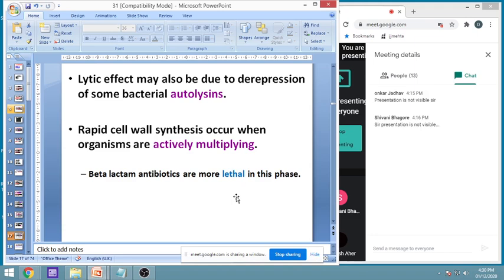Now if you remember, during general considerations we saw one thing particularly: the combination of various antibacterial agents. Now you can think about it. Suppose we give a bacteriostatic agent along with penicillin, what will happen? Because penicillins are strongly bactericidal agents, very lethal ones, and they act at what pace? When bacteria are multiplying. At the time of multiplication, when cell wall synthesis of the next bacterial cell is going on, at that time they are incorporated, and because of their incorporation, that makes a situation like this.